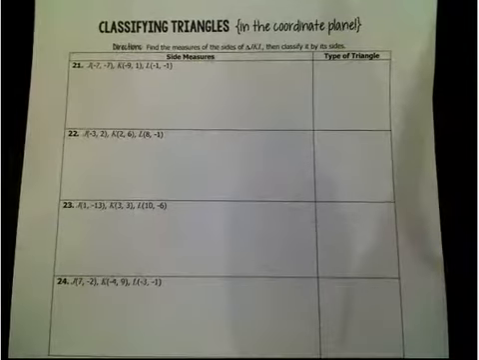Okay, now we are going to classify triangles. You might be given 3 coordinates in the coordinate plane that form a triangle, and you have to classify it. So the only way that we're going to be able to classify that is by sides. So we're going to need to use the distance formula to find each side length. So if I want to find the side length of